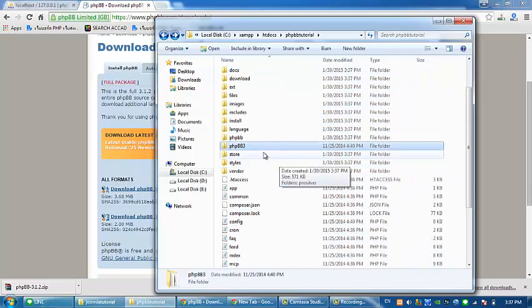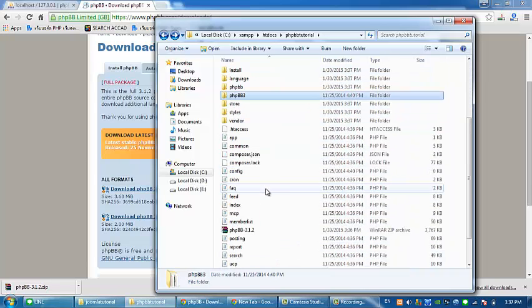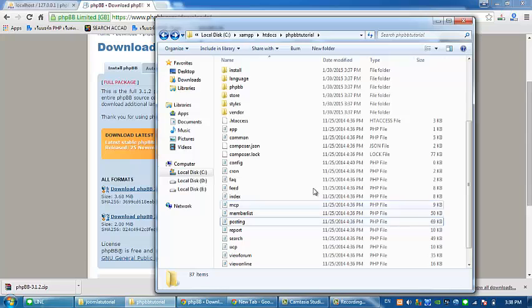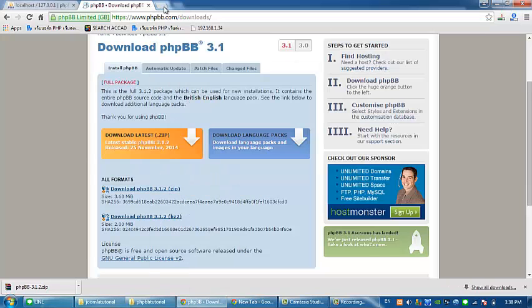So find the phpbb3 folder and the phpbb3 zip file. So delete these two. And after that, we will install.